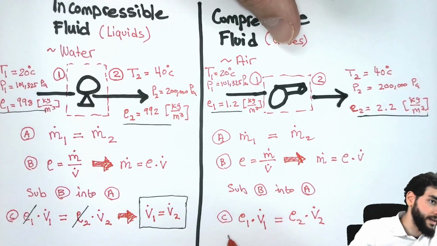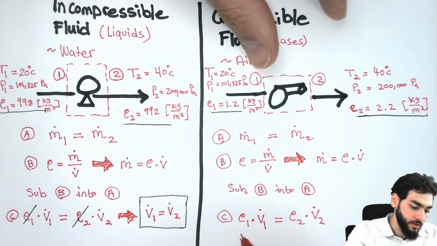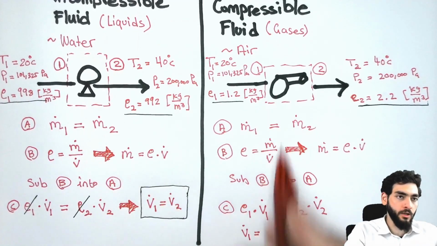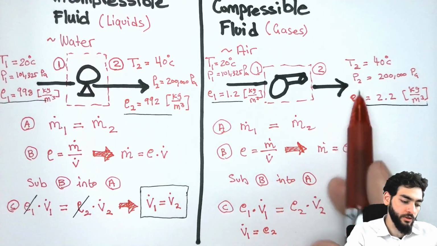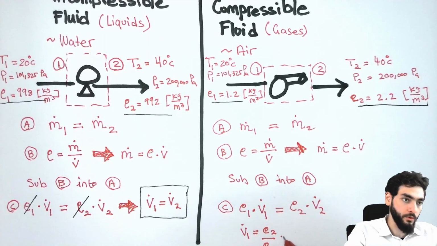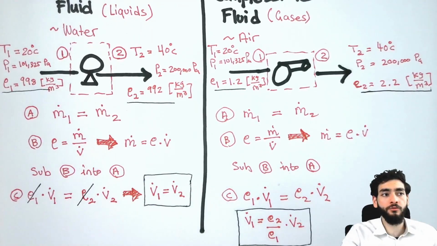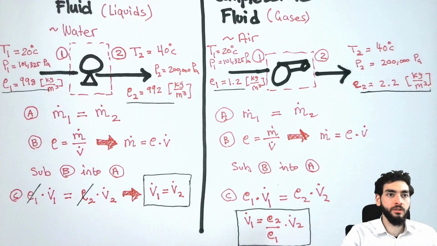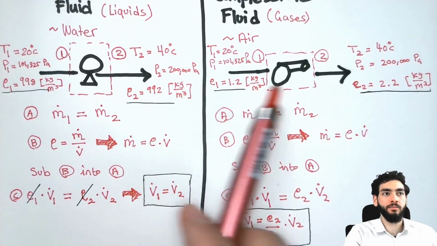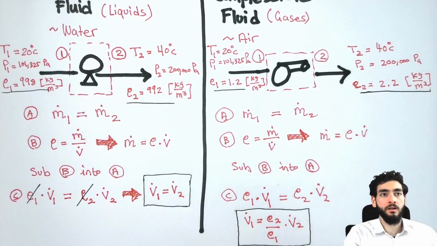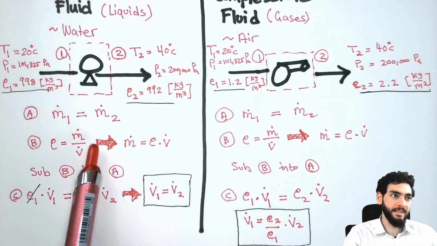So if I was to write an equation, I would just say that the volumetric flow rate at the inlet of the blower is related to the volumetric flow rate at the outlet of the blower by the ratio of the densities from point 1 to point 2. So unfortunately, the densities do not cancel out. And because they do not cancel out, you have to consider the ratio of the densities, and therefore the volumetric flow rate of the gas that enters the blower is not going to equal the volumetric flow rate of the gas that leaves the blower if the temperature and the pressures are significantly different, as opposed to liquids or incompressible